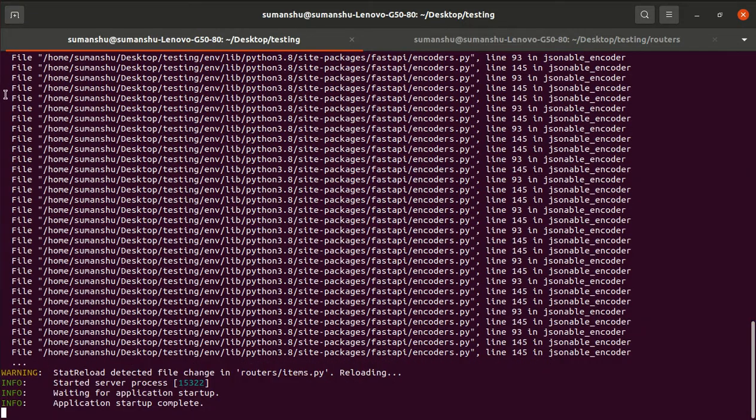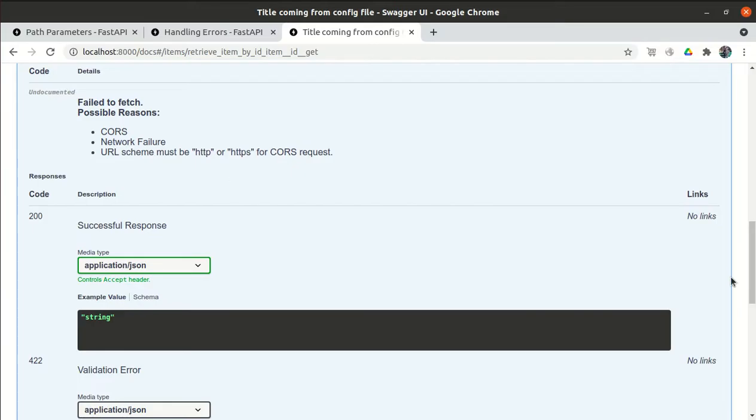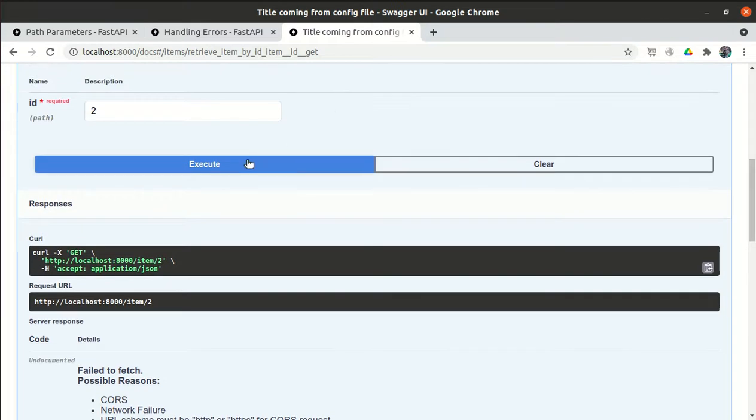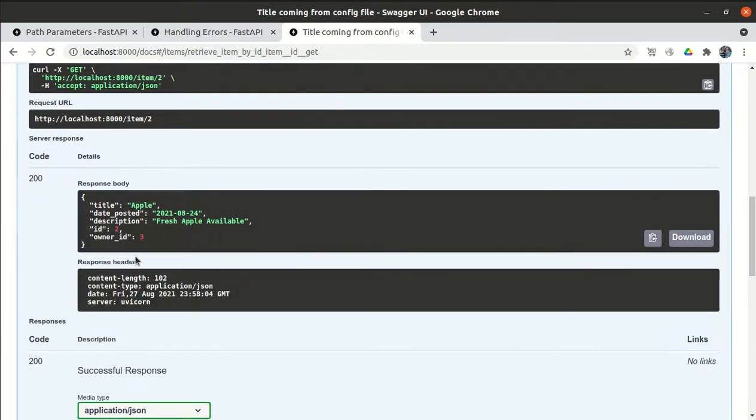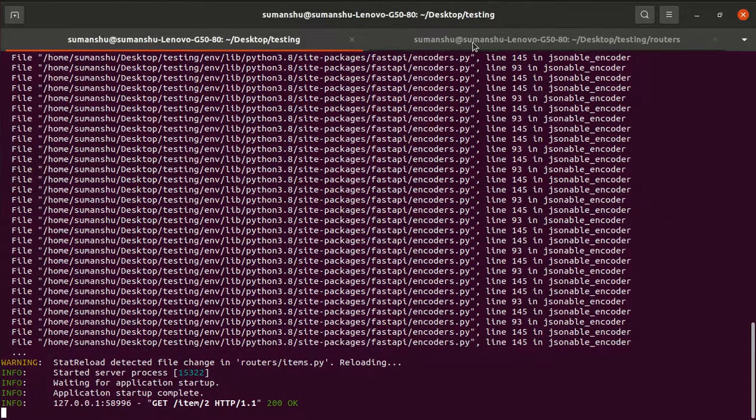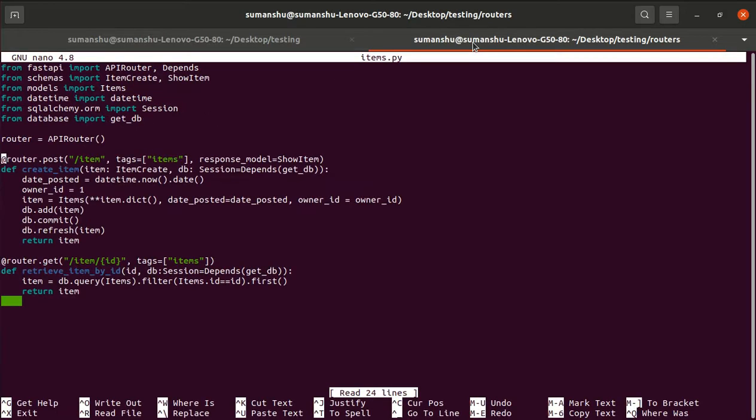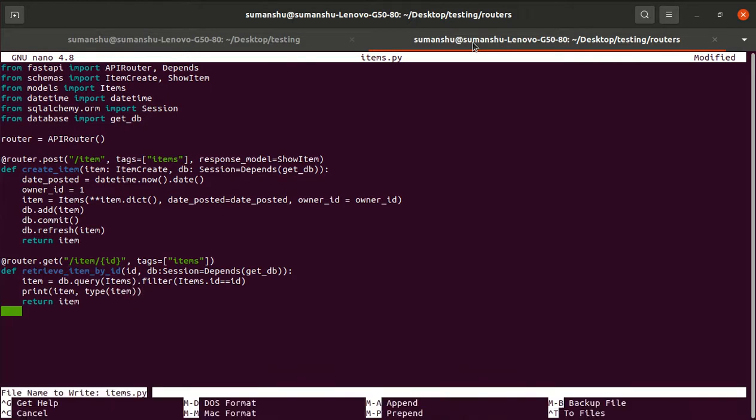The application has been restarted because we use the reload option, and if I re-execute it, now I get the output. So we have to use the first option, because without the first keyword I think it will return some kind of object. If we still want to cross verify what it is returning, I will remove the first keyword and print the item, and see the type of item, just to cross check what is returned.